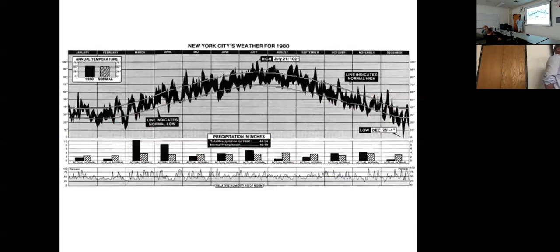Is that the difference from normal, or just the absolute value? This is actual and normal. So this is the comparison. It uses bars gratuitously. It uses textures gratuitously, except that they help you because they're so busy. It may actually help us. I don't know, we have to think about it. But it's a pretty effective plot.